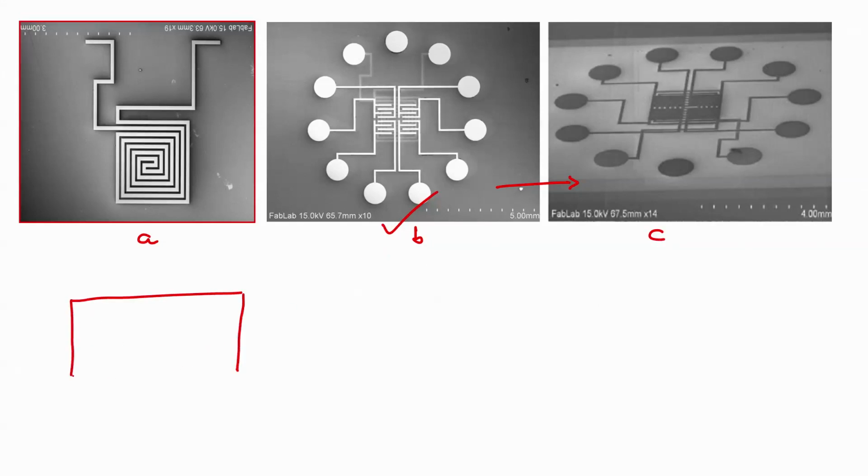So, I have an insulator, which is my oxidized silicon substrate, on which I have my micro heater, on which there is an insulator.